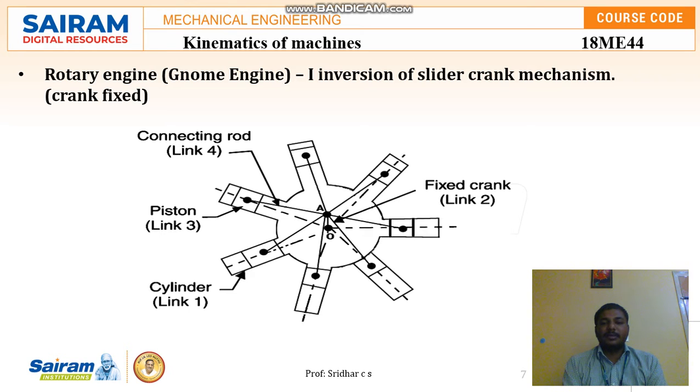Earlier, V type engines were also used in aviation. Now they have been completely replaced with gas turbine engines. This is the process of converting rotary to reciprocating or oscillating movement, where you can see all seven cylinders connected to a fixed link crank. Whenever the crank rotates, all the connecting rods, pistons and cylinders start reciprocating with respect to the particular link where they are connected. This is how the combustion process takes place inside the engine.